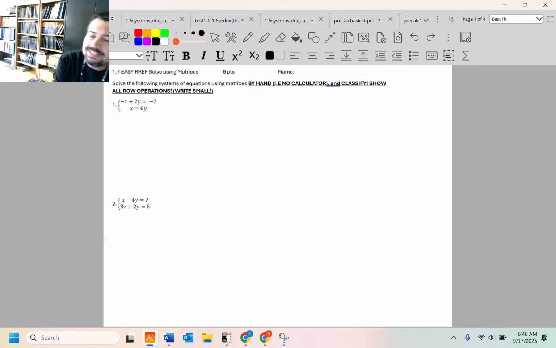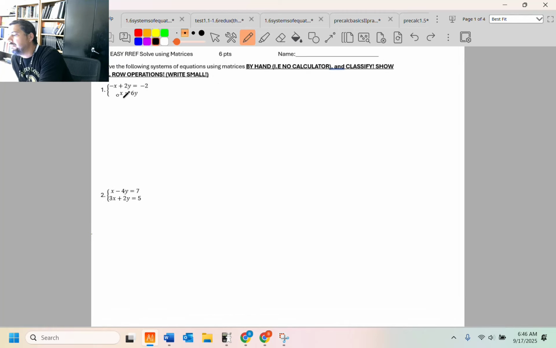This is 1-7, the easy stuff. Solve doing row operations. I'll do the first one because if I don't, somebody will be like, I don't know what to do, Milbrath. Well, you're going to move that 6y over for starters, because when you make a matrix, things have to be in good old standard form, right? So here's our matrix. -1, 2, the bar, which is semi-optional, and then 1, -6,